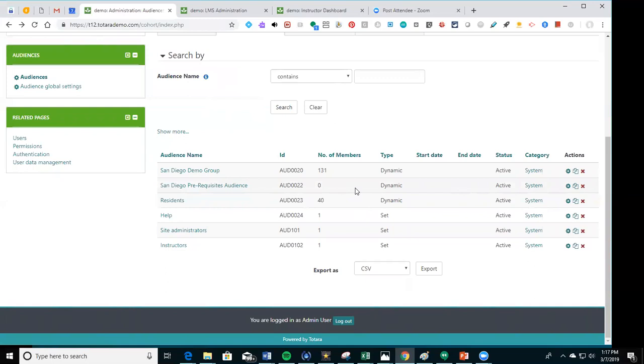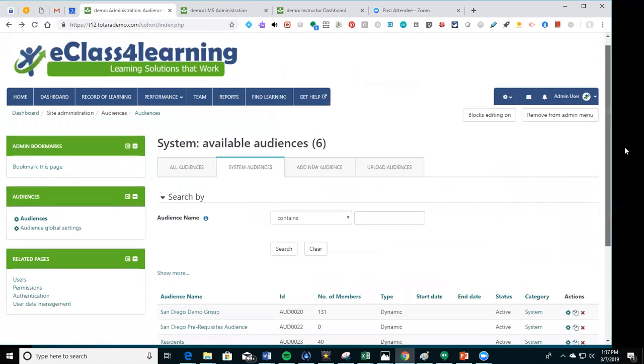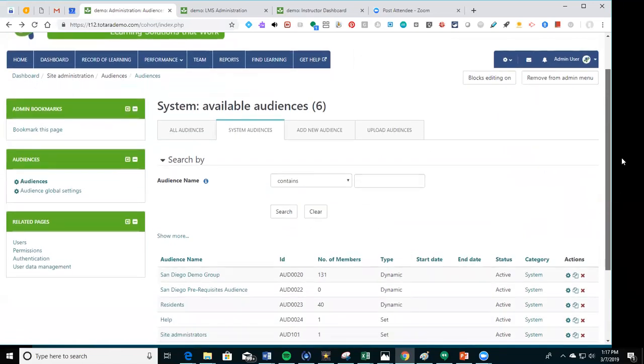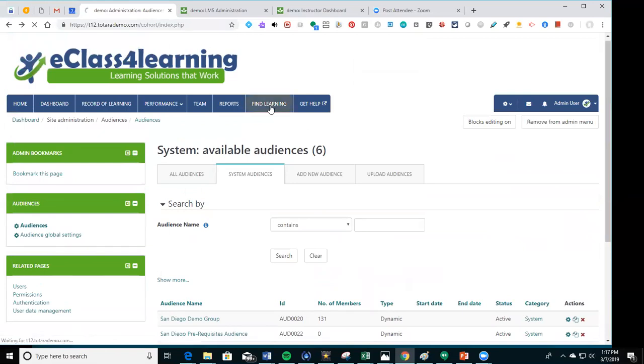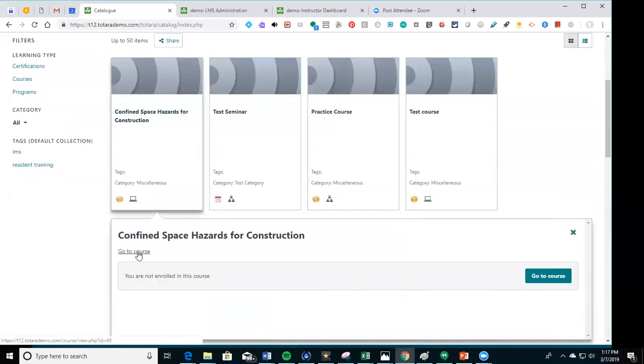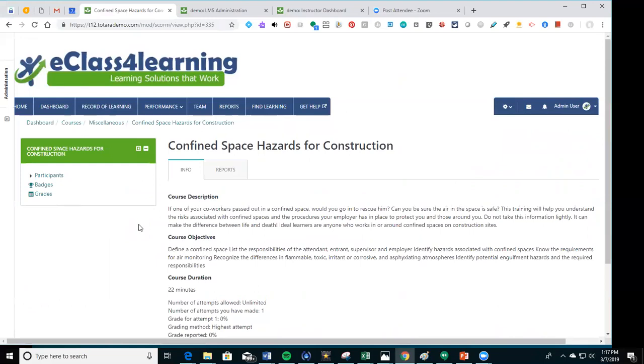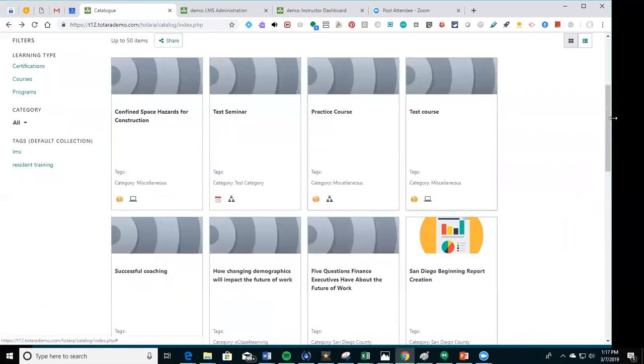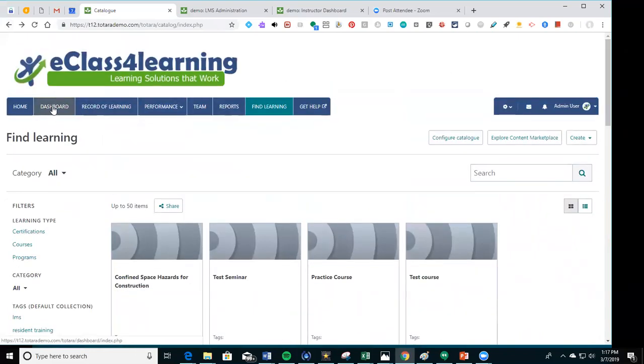Okay, so now that we have some audiences, we can do all kinds of things with it. We've already talked about the audience-based catalog, but we could also assign courses, which we talked about you could do through the audience. If we wanted to, we could also do it through the course. So I'll show you the second way you could do it. Let's say I'm going to be in this course. And then, oh, this one wasn't a good one because, let's just go to my dashboard quick, because that was a single activity course, so that's not going to be as easy. We'll go here real quickly,